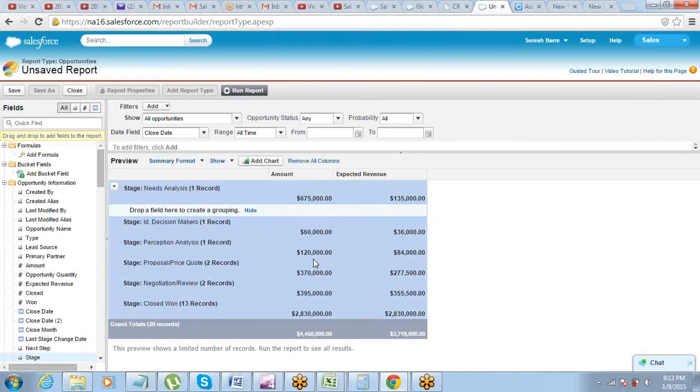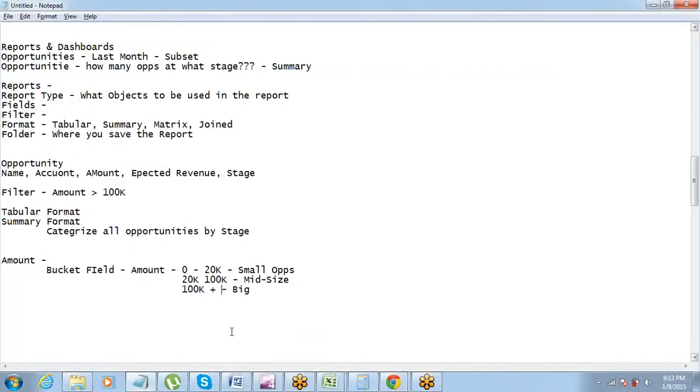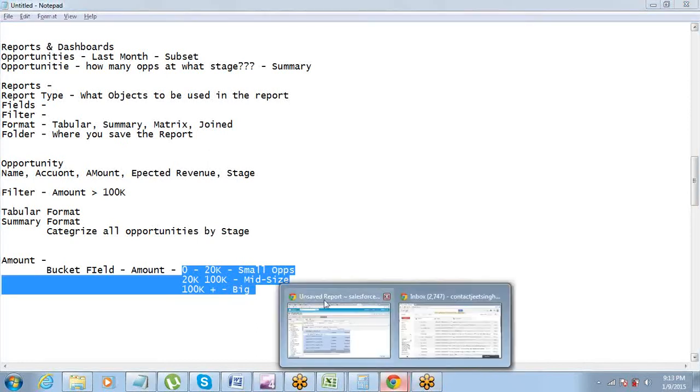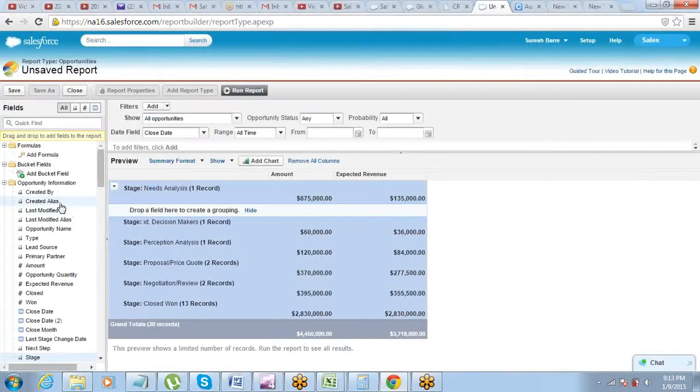So you cannot summarize on too many data points. So for that reason, you can make buckets in that. So let's make these kind of buckets now. I'll create 3 buckets, 0 to 20, 20 to 100, 100 and above. So for this, you just have to go and say add a bucket field.